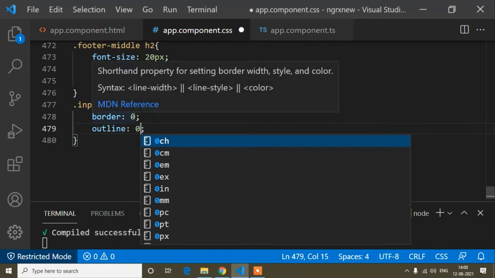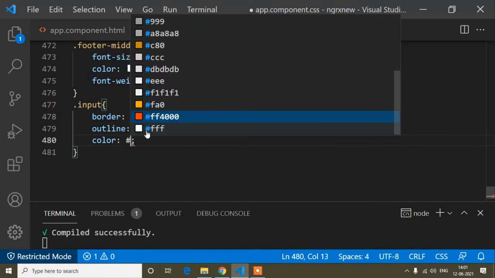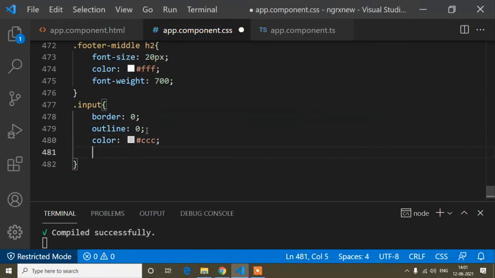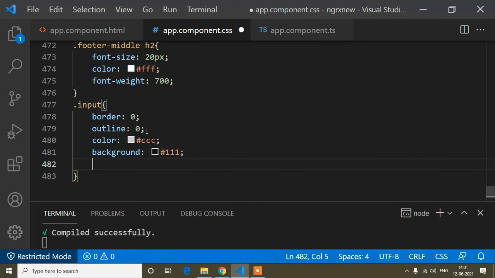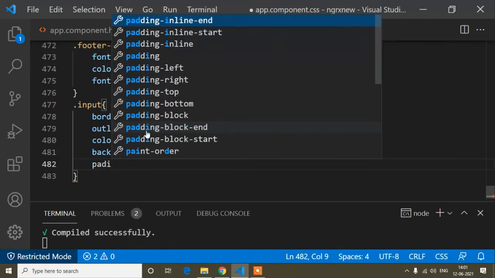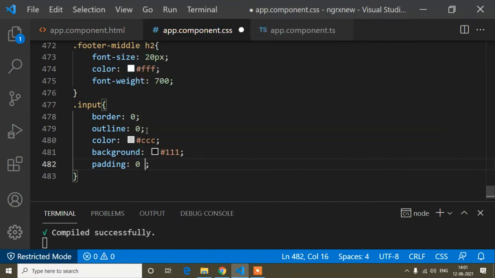You can write none also, but I have written 0. The color is this color code, grayish color, and the background color I will write this one. This is the type of black color. And padding is 0 from top and bottom, and left and right is 16 pixel.